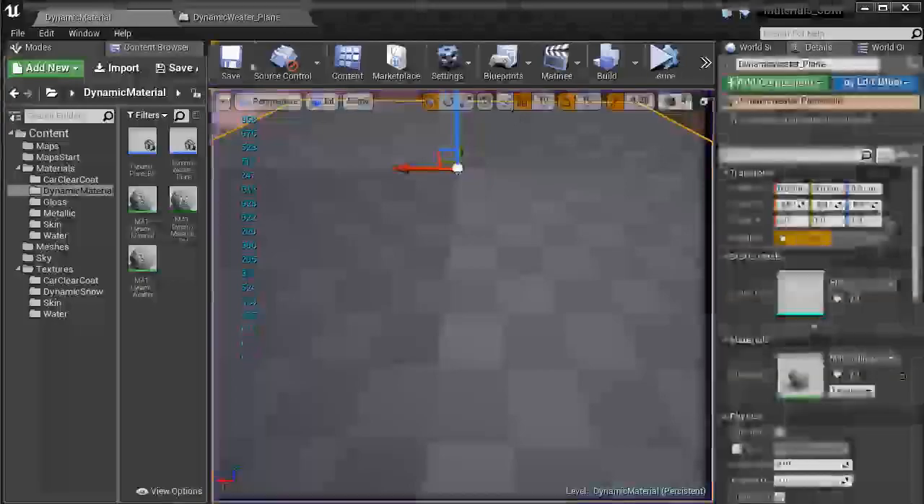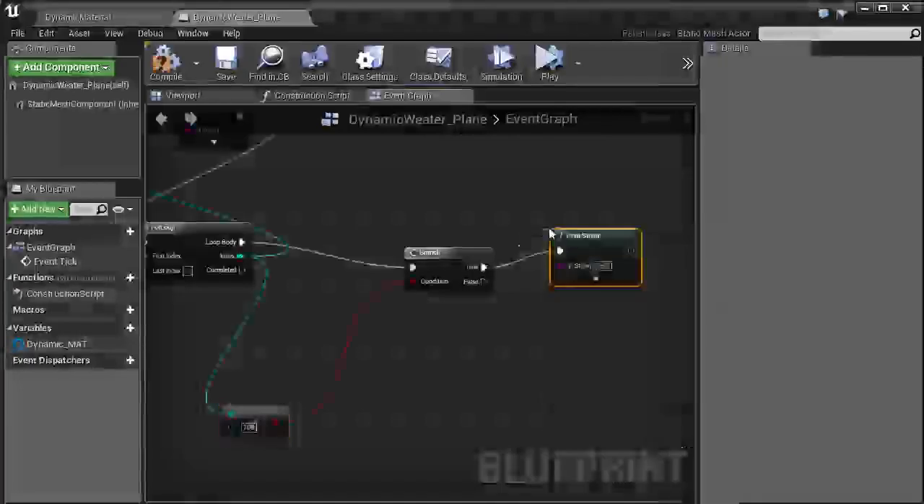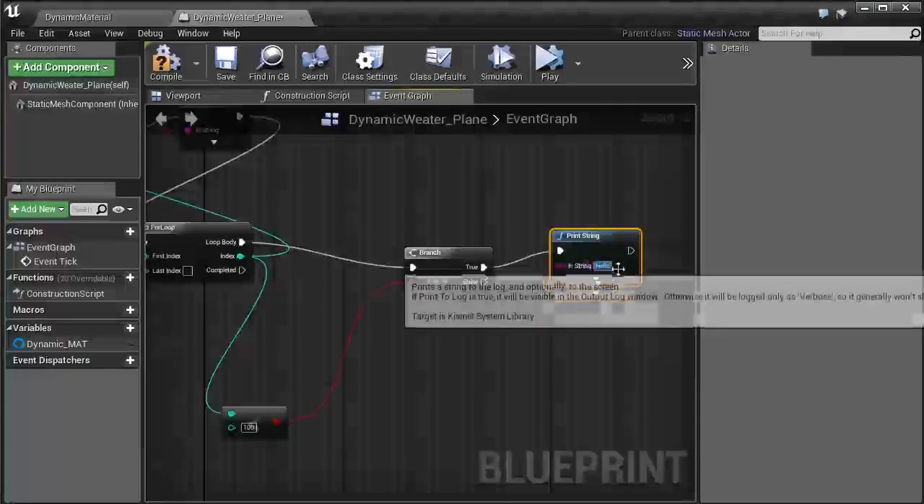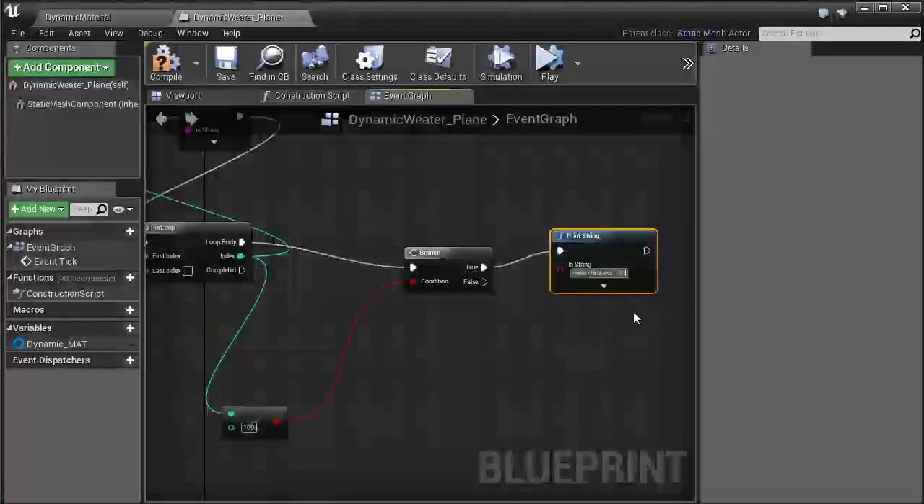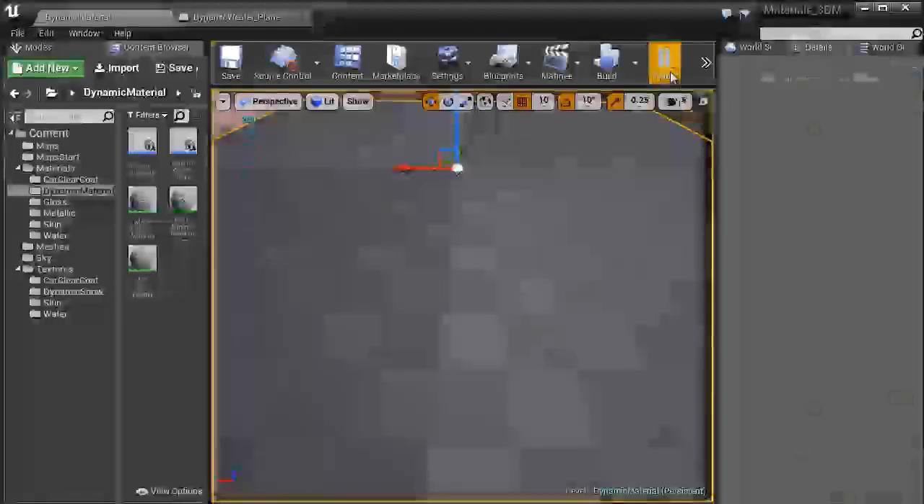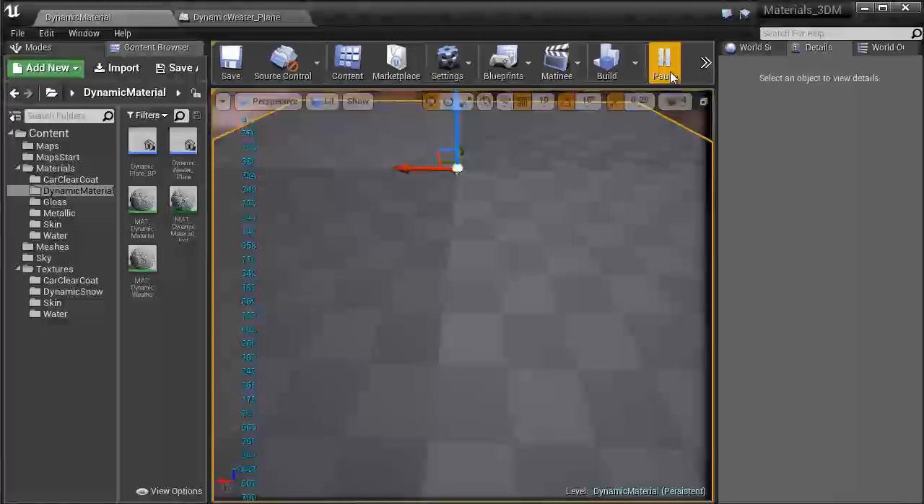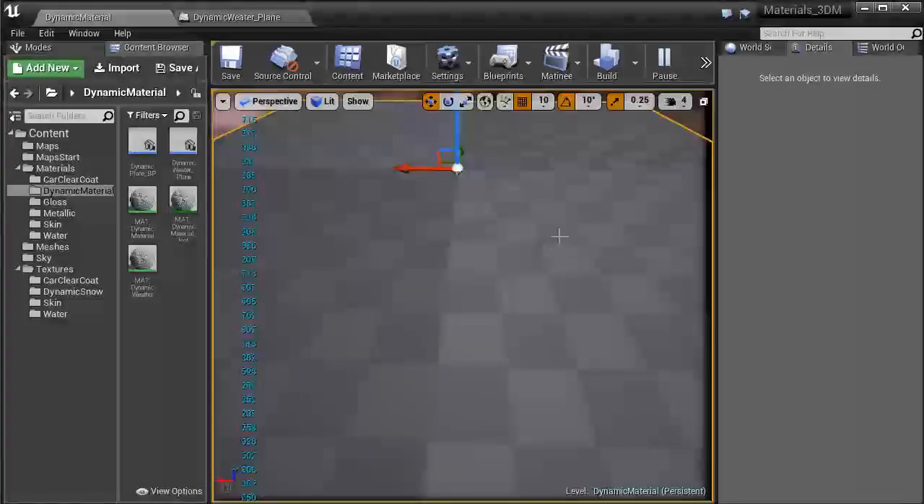And if we just stop it, I'm going to come over here and go, okay, print string, and then we're going to say, "Hello, I'm under 100." If we compile this and play, we should see when it's supposed to hit below 100, it's supposed to fire that off. Doesn't seem to be really doing it, so